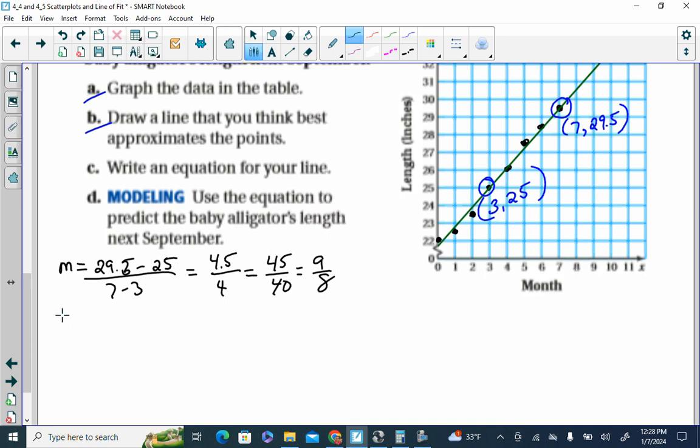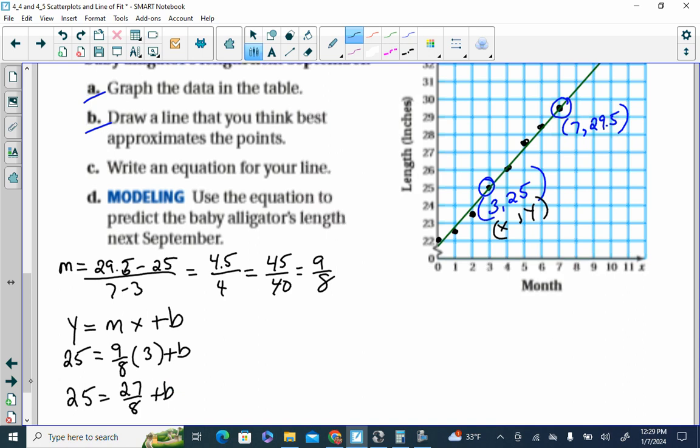So now we need our b. To find our b, we use y equals mx plus b. And we choose one of these 2 points. I'm going to use the 3 and 25 just to avoid using the decimal. Remember, that's an x value, that's a y value. So my x value is going to be replaced with 3, and my y value is going to be replaced with 25. So we have 25 is equal to 9/8 times x, and my x value is going to be 3, plus b. So now I have 25 is equal to 9 times 3 is 27 over 8